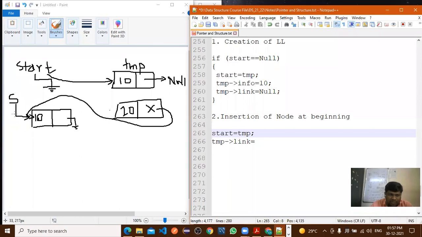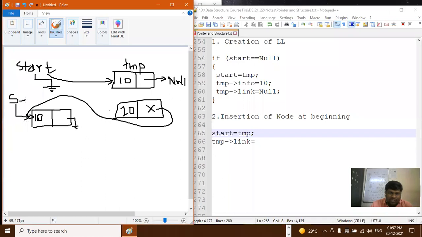मग मी काय करणार? इथनं स्टार्ट काढणार. So what I will do, I will remove the start. I will not do anything to this 10, right? So simply I will remove this start and I will assign this start to this 20. Now start 20 ला गेला म्हणजे 20 काय झाला? First element झाला. So this will be the first element, right?